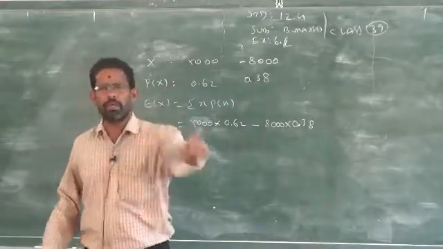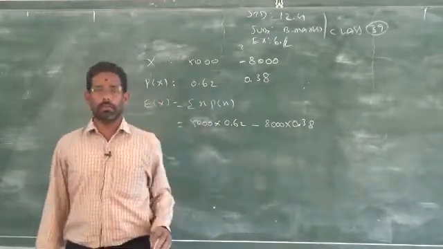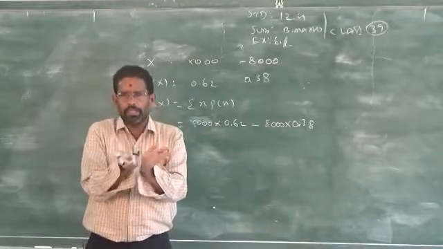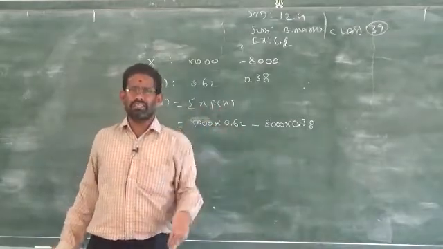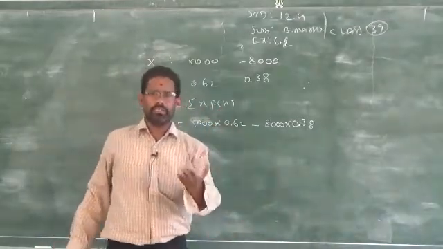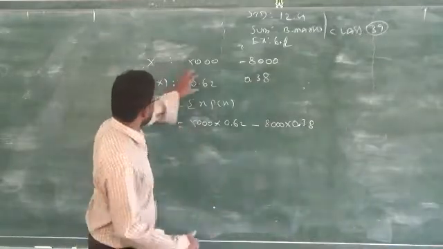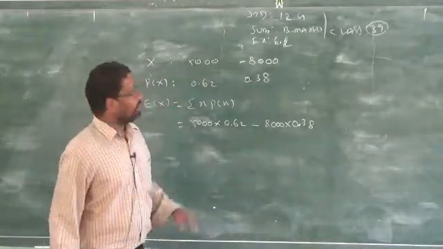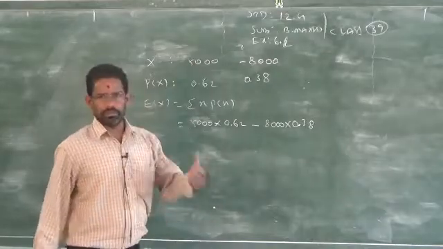Sometimes they will not give the probability. You have to find the probability by seeing according to the situation, whether they are tossing the coins or they are rolling the dice. Depends upon that, you have to find the probability, then you can apply. Clear? It is given straight away the probability, so there is no problem.